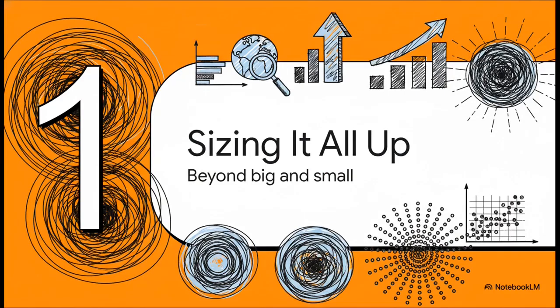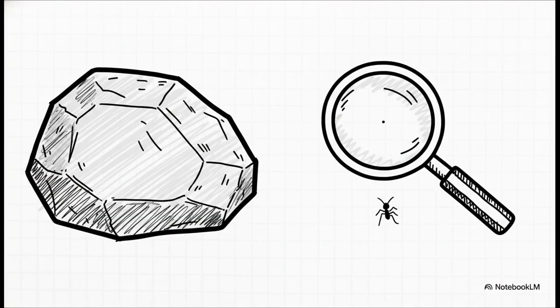So let's jump right into Section 1, sizing it all up, or moving beyond just saying big and small. Stop for a second and really think about the words large and small. I mean, they're fine, but they don't really paint a vivid picture, do they? Instead of defaulting to those, you want to look at specific adjectives that naturally group or collocate with the words number and amount. When you really want to emphasize that something is incredibly huge, use words like enormous, substantial, significant,